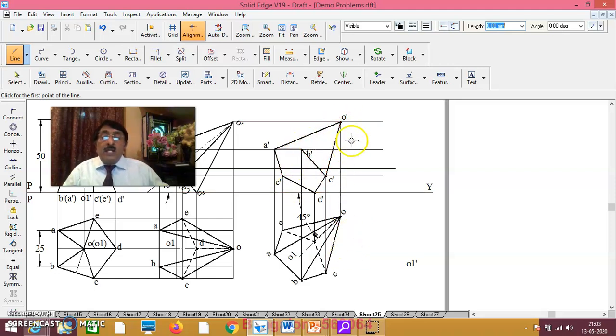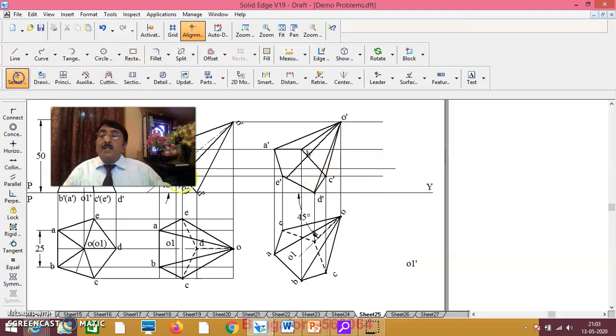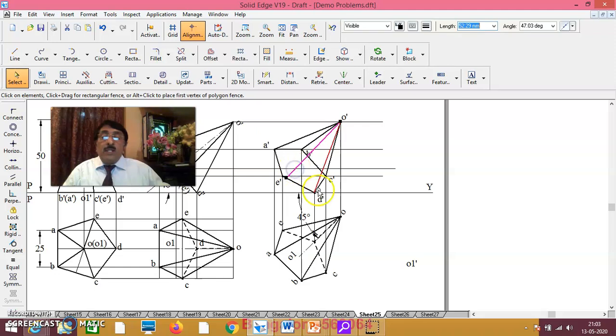Then O' E' and O' D', if you see, their faraway edges cannot be seen. Hence it will be dark dotted. That is why what I'll do, from O' B', I'll darken it. Okay, this will be darkened. Then O' E' and O' D', they are faraway edges. As a result, this OE